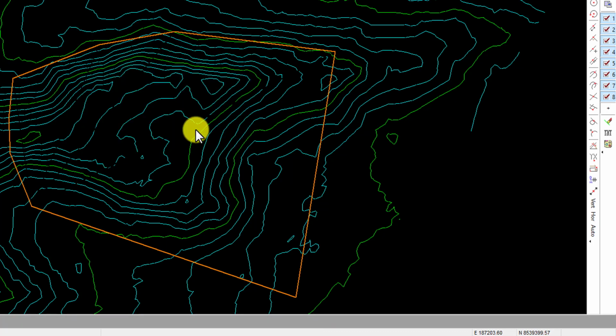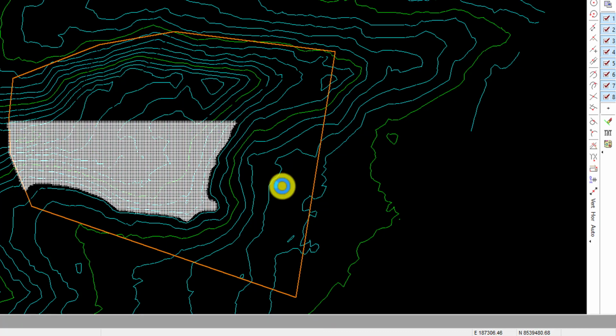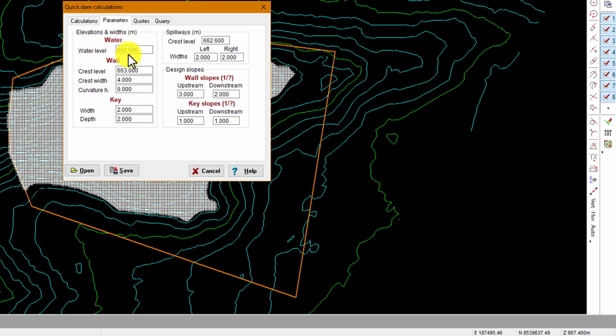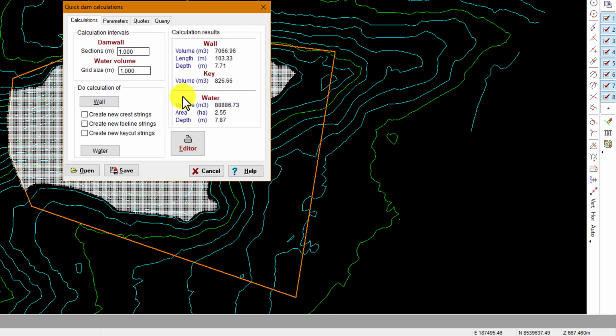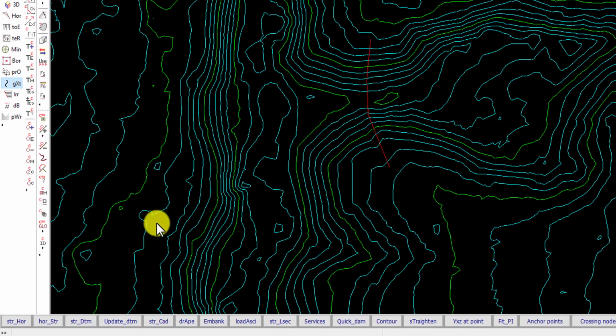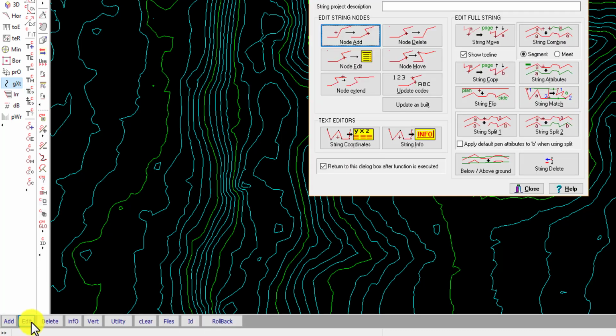So you'll see it when I run the calculation, it only fills the water in the area where we are at our water level of 662.5. So there you have it. The wall has been calculated, the water is calculated, and if I'm not happy with this setting, I could then move the wall. So to do that, I will just go to string and go to edit and use the